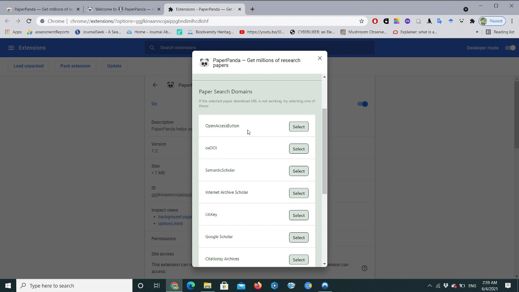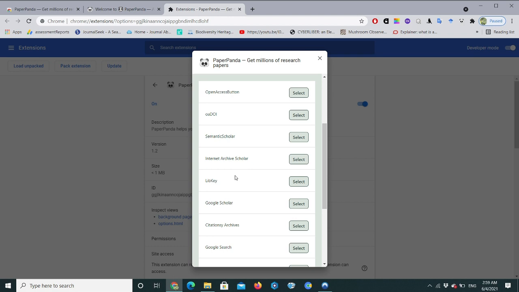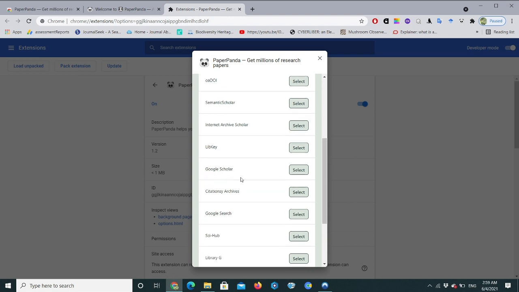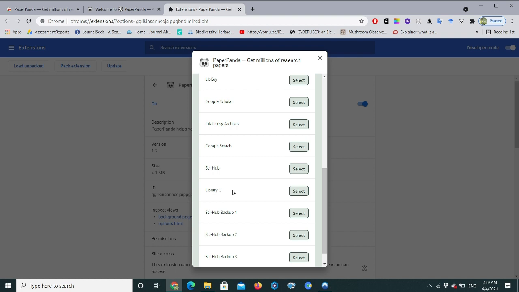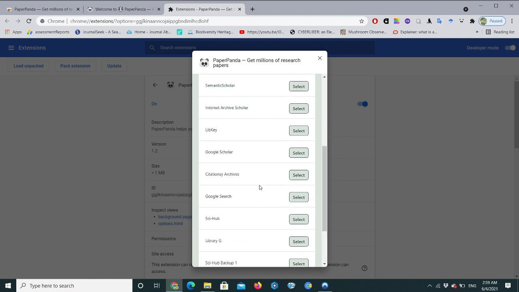Open access button, this is one domain, and Internet Archive Scholar, LibKey, Google Scholar, Google Search, Sci-Hub Library, Sci-Hub Backup 1, Backup 2, Backup 3. So you have many URLs, databases, domains in this extension. And probably if one is not working, another domain will work for you for a particular paper.